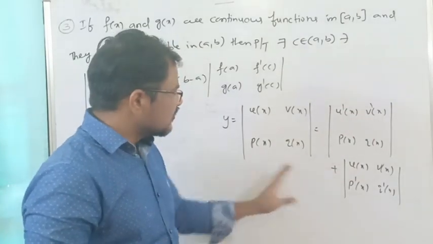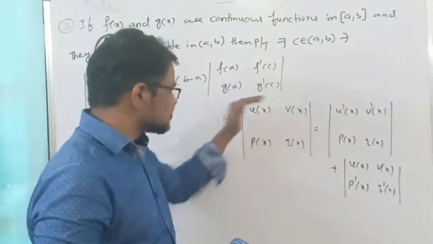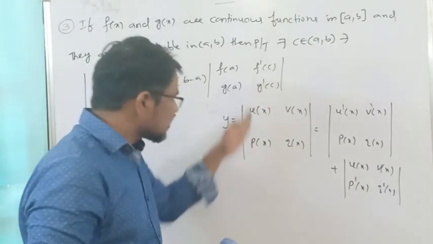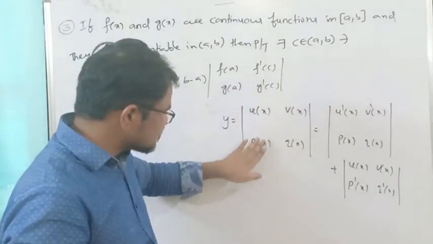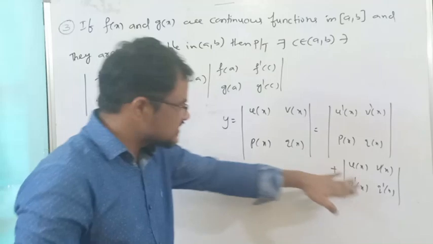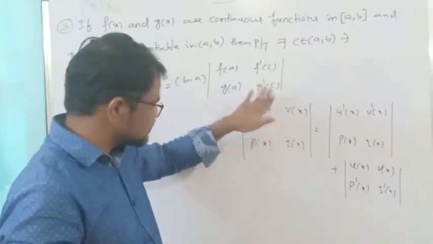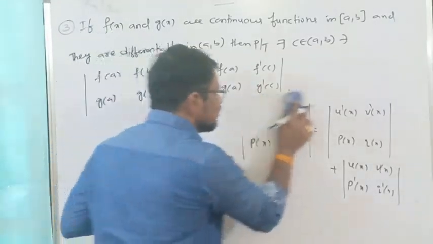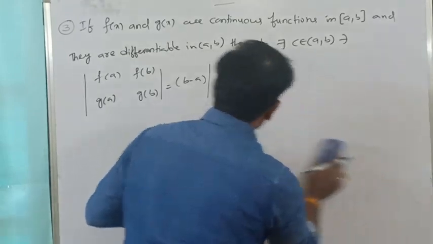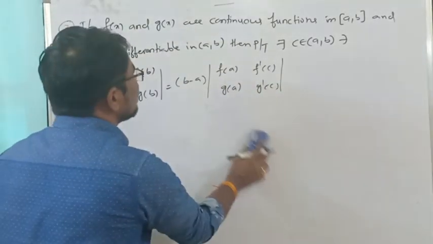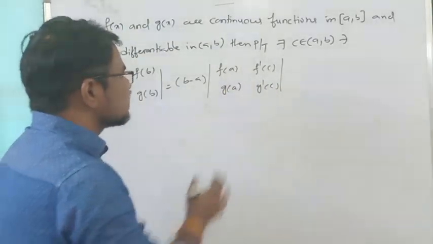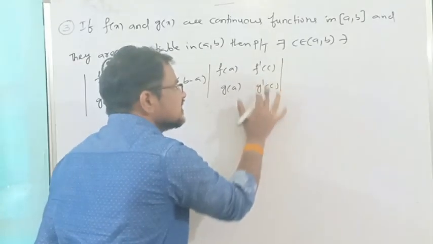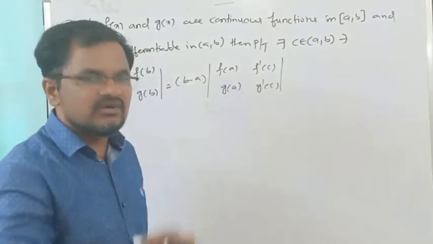And again we can do this: differentiation of a determinant is done along the column also. So do the differentiation for the first one as it is, plus for the second one do the differentiation as it is, like that. But if you observe the given equation, where differentiation is involved, definitely this is a function in terms of a variable.